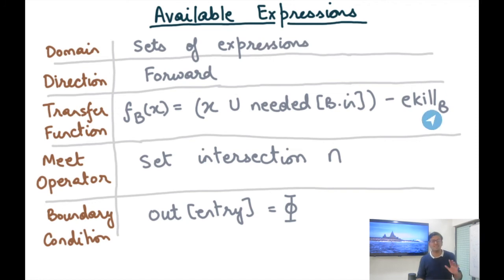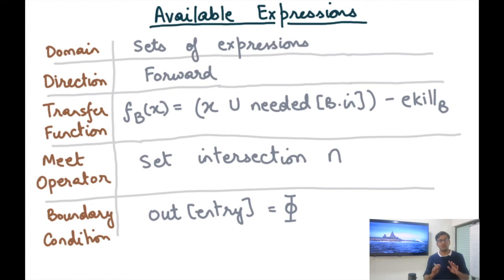All right. So e-kill is the same definition that I had, that it has not been killed. So if it is available, it shouldn't have been killed on that particular path. And if it is needed, then I assume that it has been computed there. So I'm assuming that needed is as good as saying that it is computed. So if it is computed, then I add it to x. Also, if there's some expression that has been killed, then I subtract it from this value x union needed. So this is very similar to the available expressions, just that computation is replaced by needed.